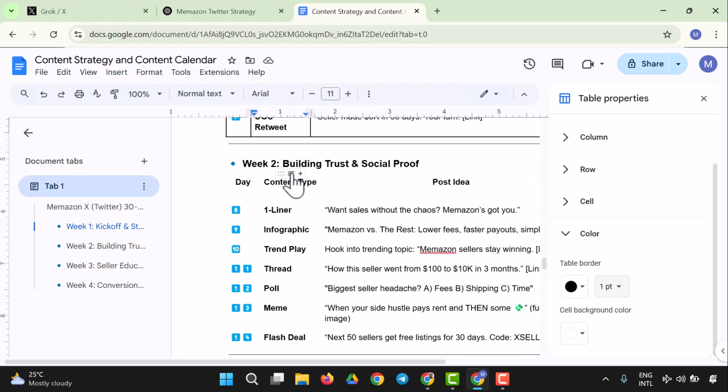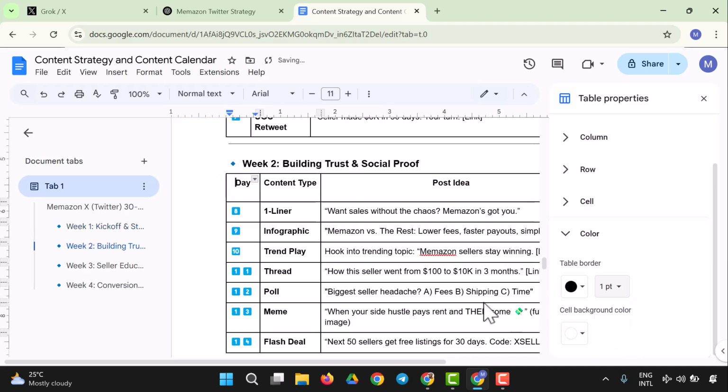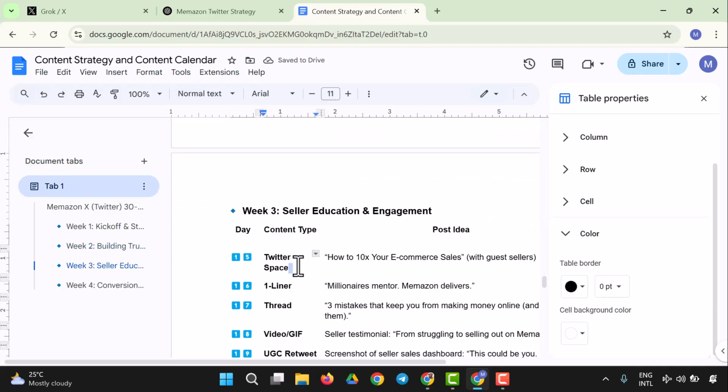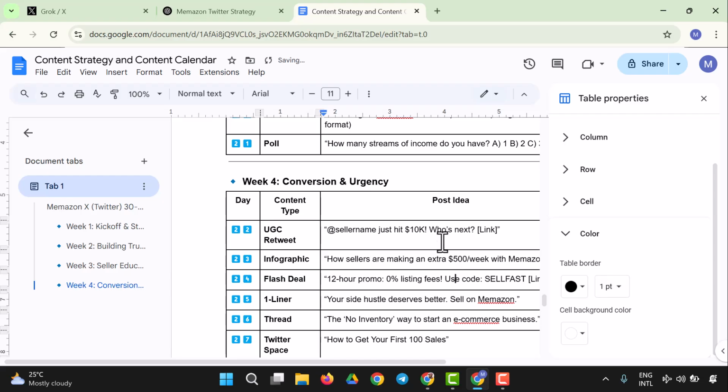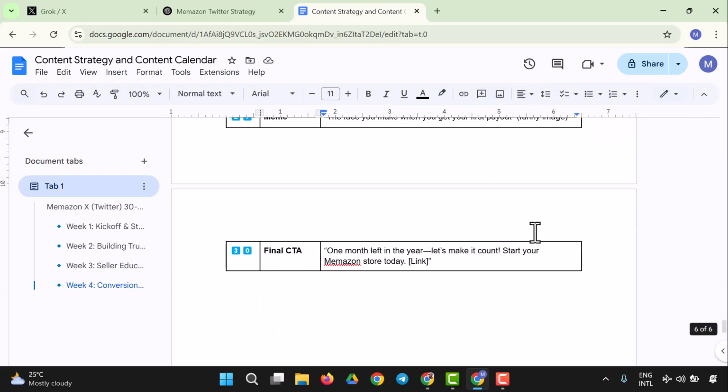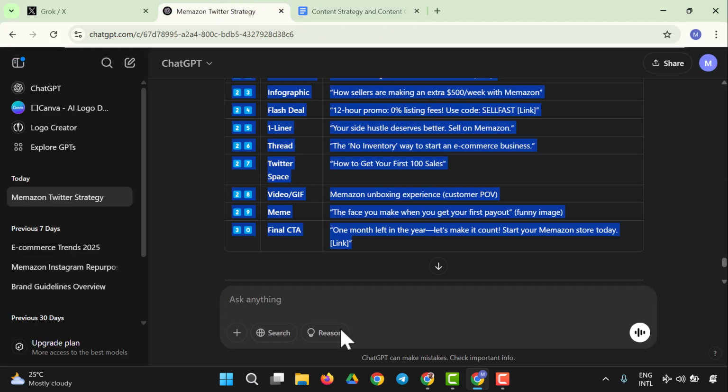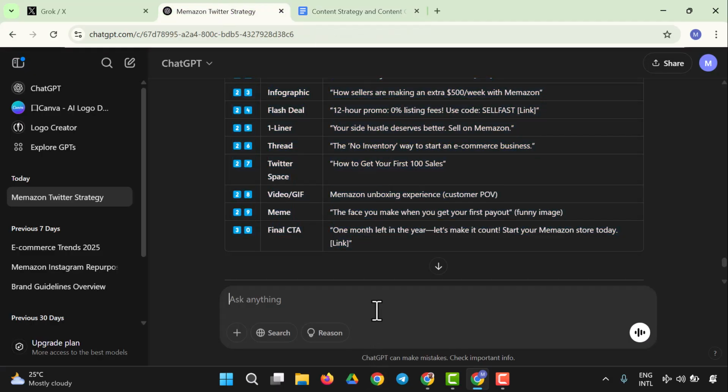So we're going to do the same to this table as well, and to all the tables. We're going to make it 1 point, so it shows the line. We do the same to this, change to 1 point and it changes to a line. So here we have a good content calendar for a month, and you could go ahead and ask it to create for a year. So can you go ahead